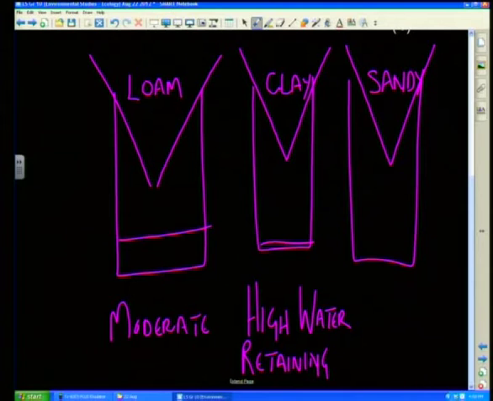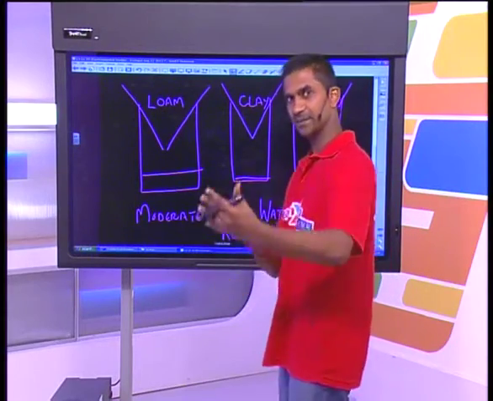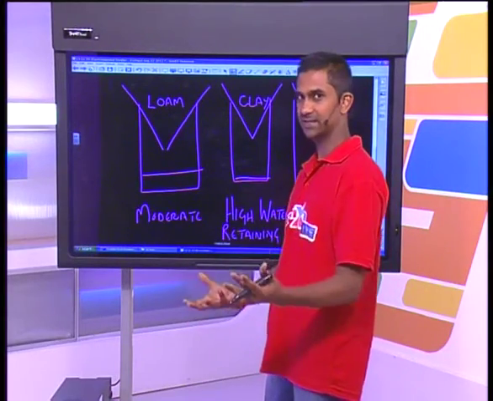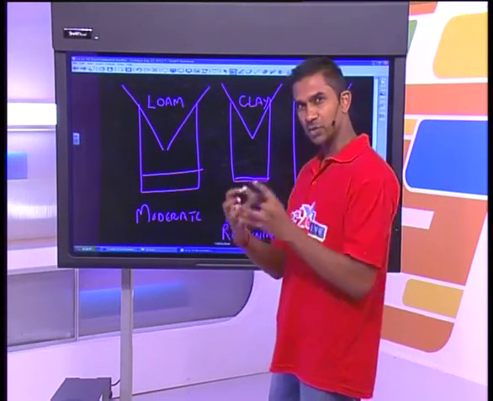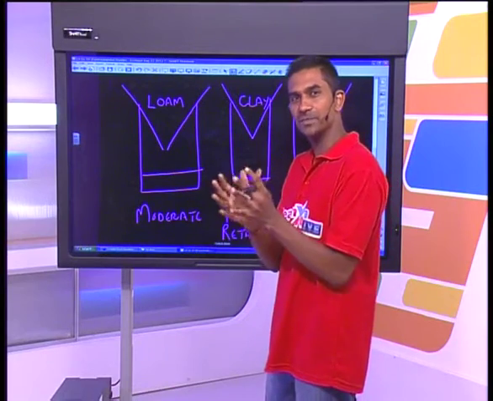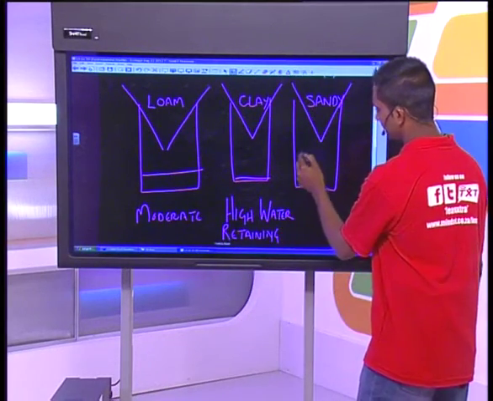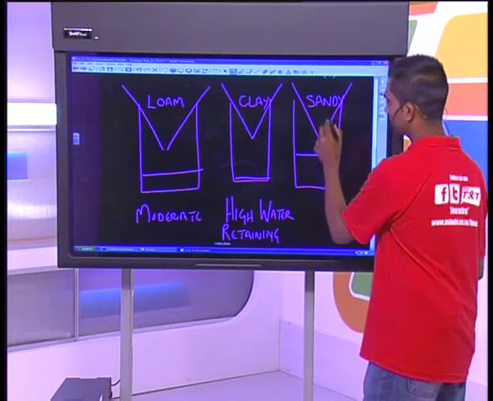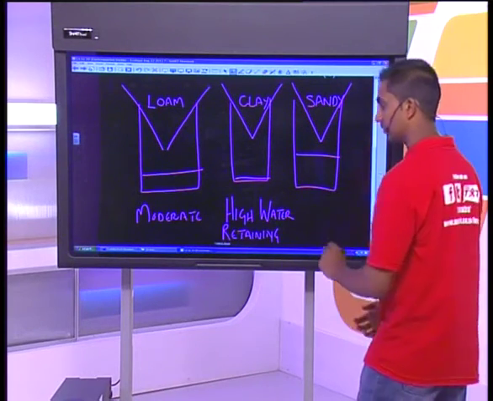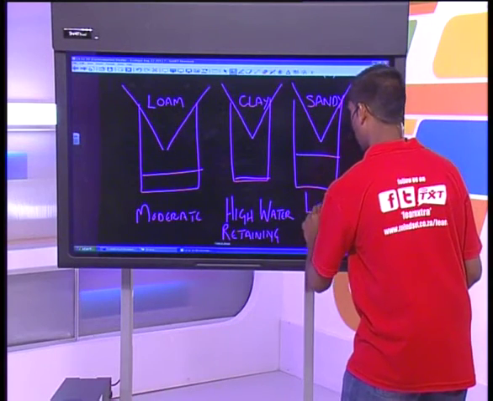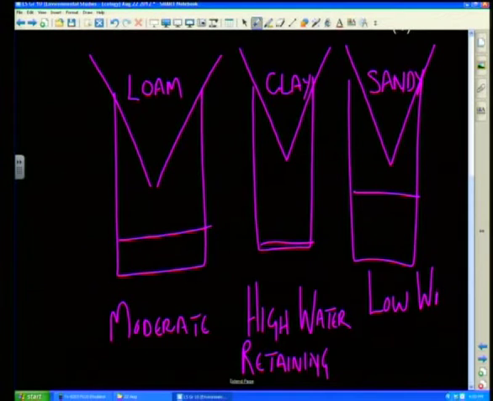capacity. If we look at the third sample, which is sandy soil, you know that if you guys play at the beach and when the tide comes in and all the water goes down, why does that happen? Because those particles are loose. They're coarse particles that do not trap the water, and hence the water runs through easily. So we would find the most amount of water coming through from the different soil samples in sand. So it would have a low water holding